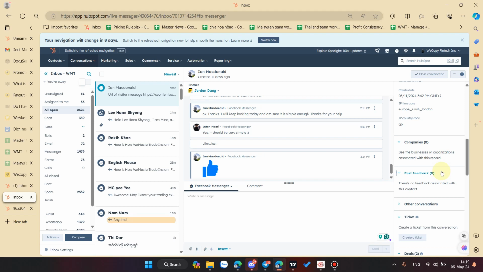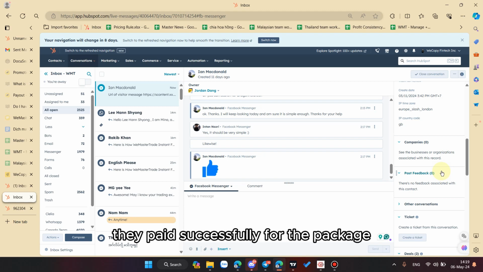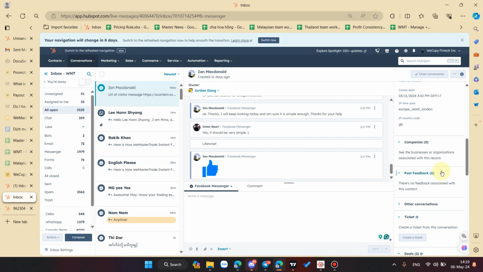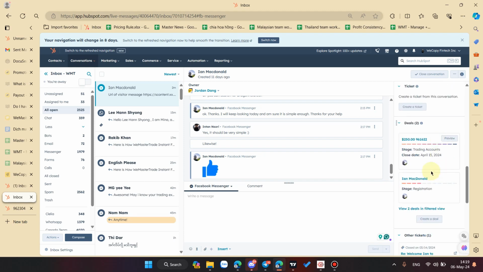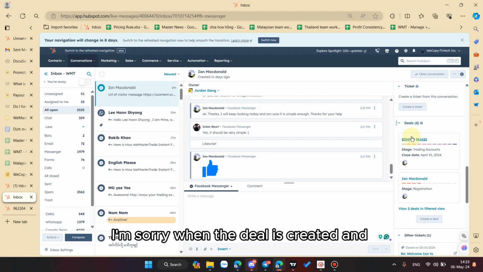All right, then they pay for the package. After they pay successfully for the package, there will be an email sent to them that shows their ID, also their account number, also the deal number and the password. All right, and also the contract.